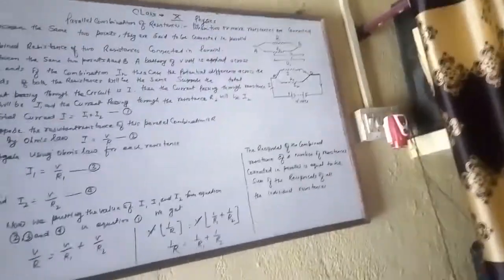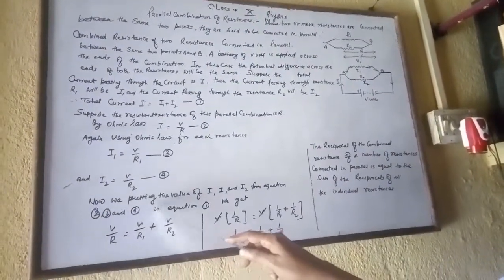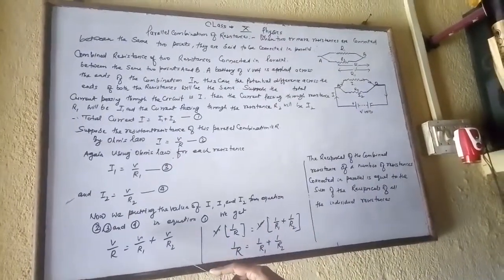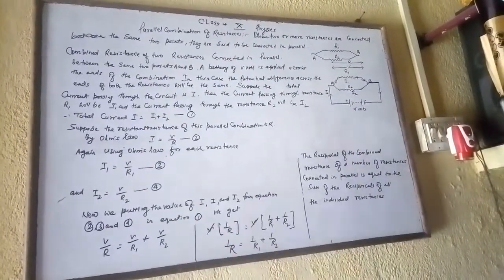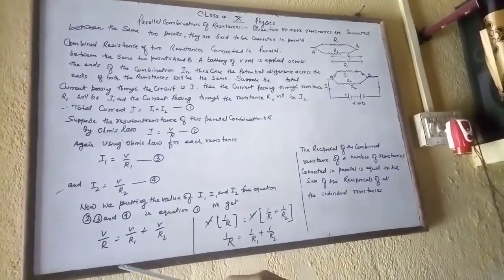अब हमने इक्वेशन 2, 3 और 4 से I, I1 और I2 की वैल्यू इक्वेशन 1 में पुट की। यहाँ लिखा हुआ भी है, नाउ पुटिंग द वैल्यूज ऑफ I, I1 एंड I2 फ्रॉम द इक्वेशन 2, 3 एंड 4 इन द इक्वेशन 1।